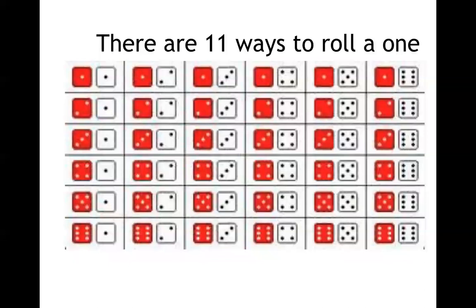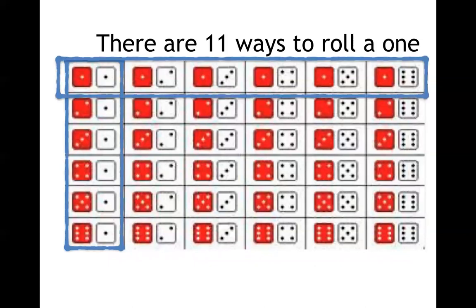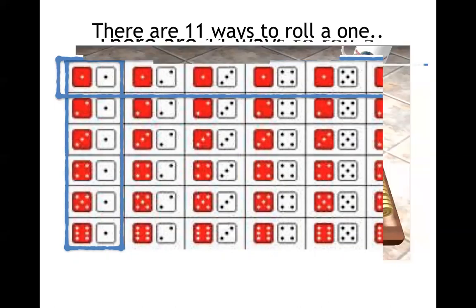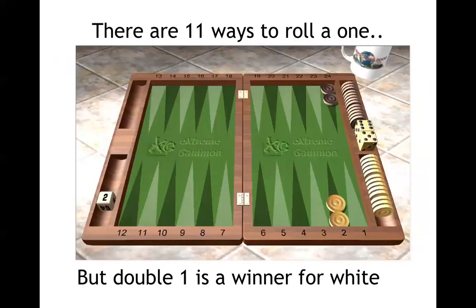So there's 11 ways to roll a one. We can see there's 6 on that side, 6 on the top. Double ones occur twice. So there's 11 different ways to roll a one, but in this case, double ones is a winner. So it means there's 10 rolls that will miss for white. And as we saw from the other reference, 9 rolls is right on the border of a take pass